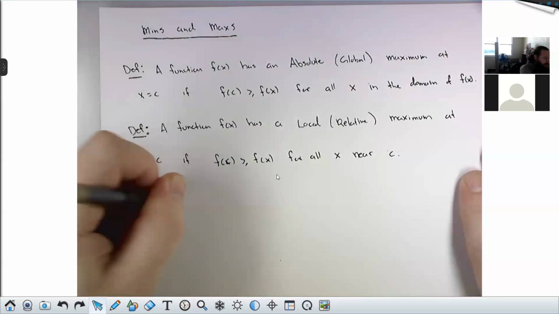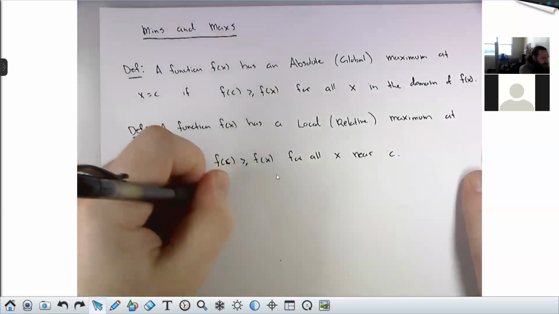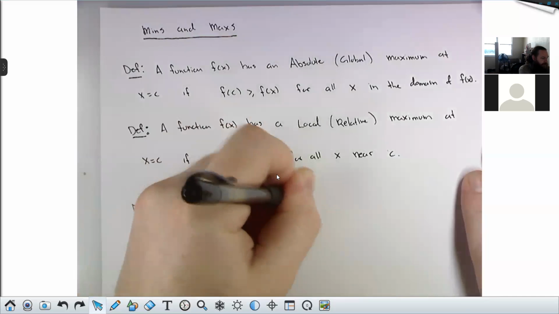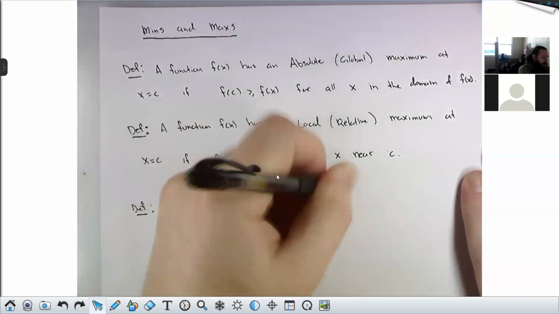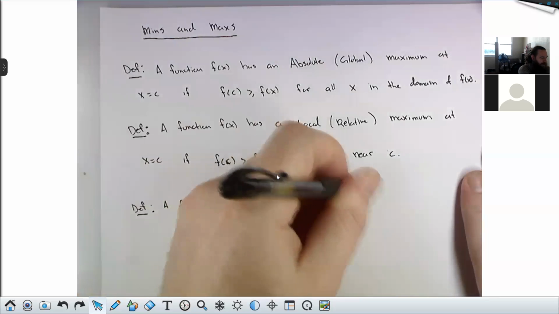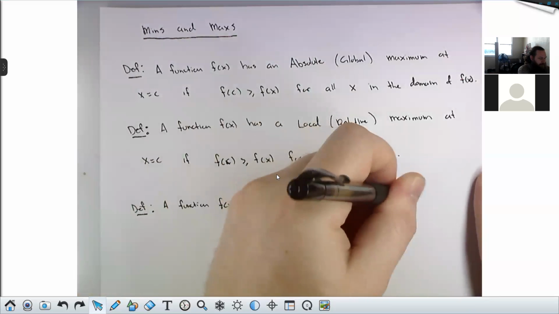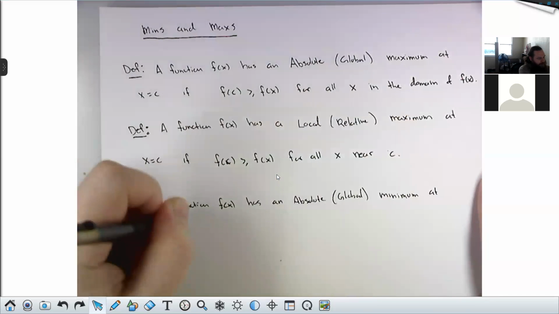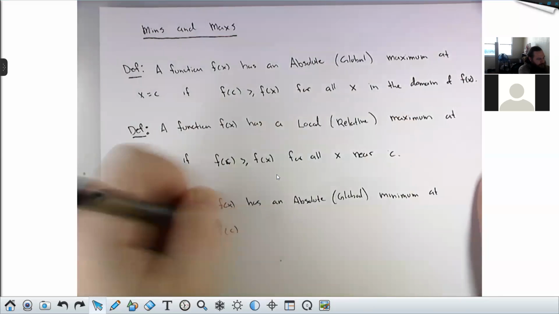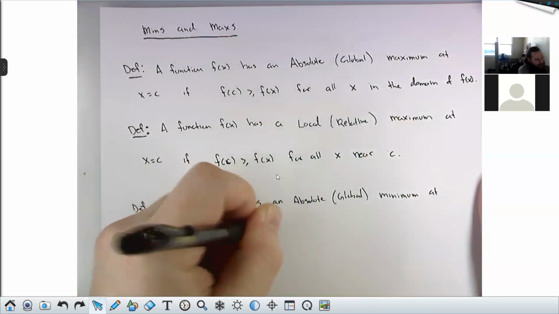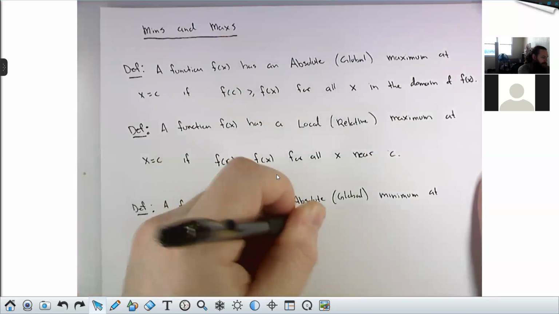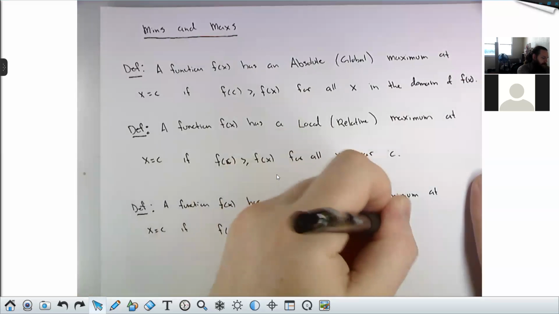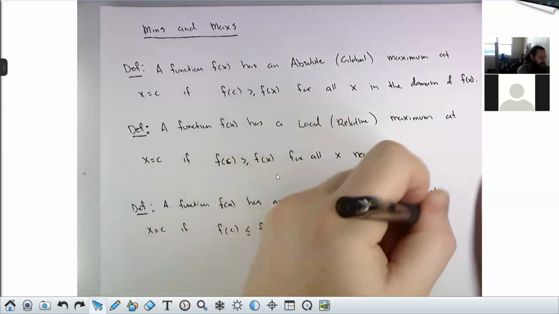A function f of x has an absolute, aka global, minimum at x equals c if f of c is smaller than f of x for all x in the domain of f,